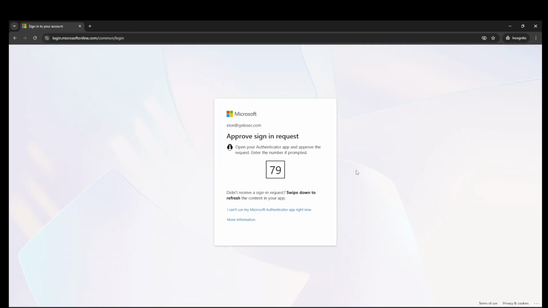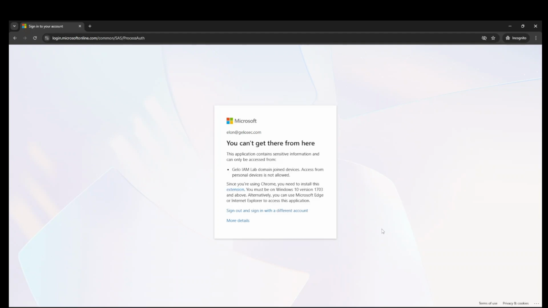So let's put the MFA here from my phone, and after we provide the MFA, our Entra ID won't let us pass from here. It says you can't get there from here. This application contains sensitive information and can only be accessed from domain joined devices. So it means our conditional access is now working.